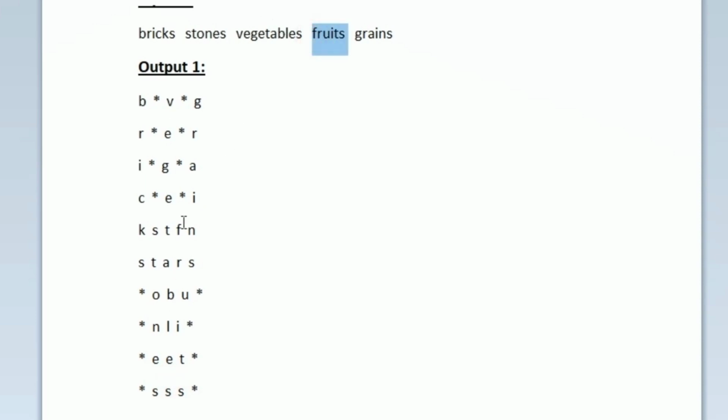Next we have to move to the fourth column. The fourth column is even, so we should align it to the bottom. From here we are filling the characters. This is how we should be forming our output pattern. The words should be alternately aligned to the top and bottom, and we should form our output pattern. Now let us see how to write a C program for this.